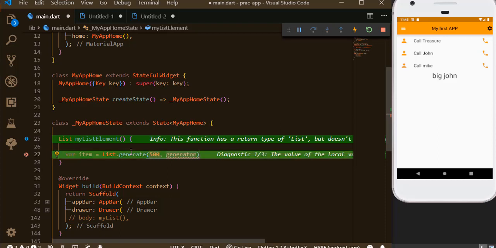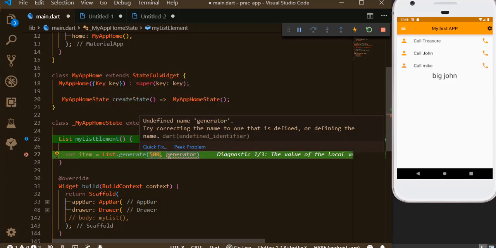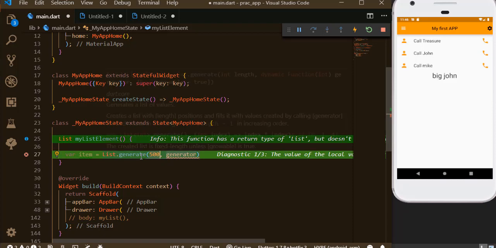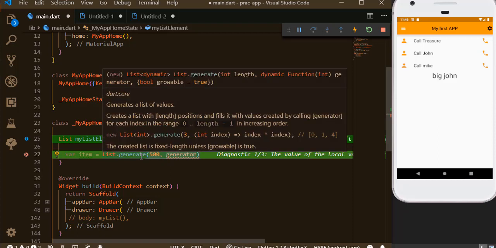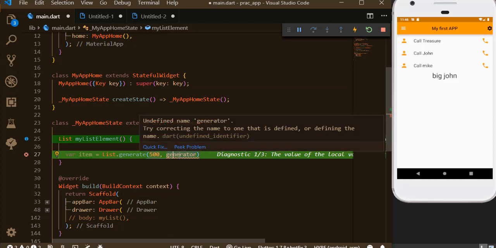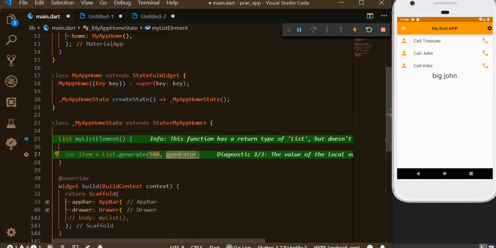It's going to generate 500 values. Then we're going to use our lambda expression, the fat arrow,